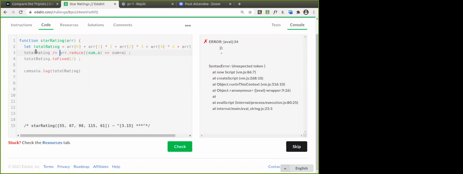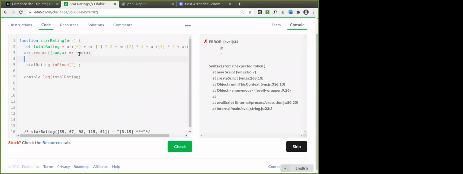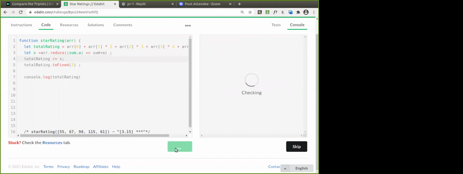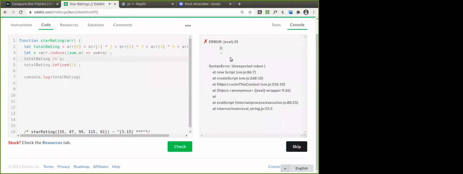Yeah, let's simplify this one. Let sum is equals to this one. So we'll be getting error. Anonymous. Did you give anything here? Start rating.